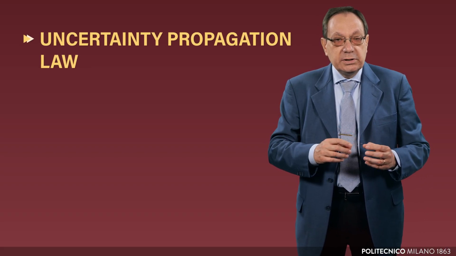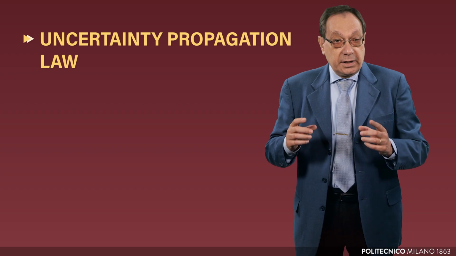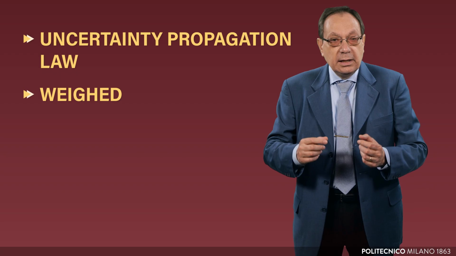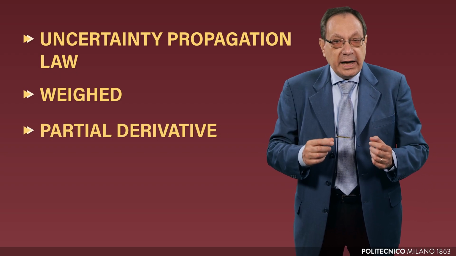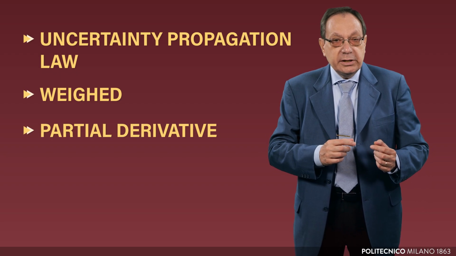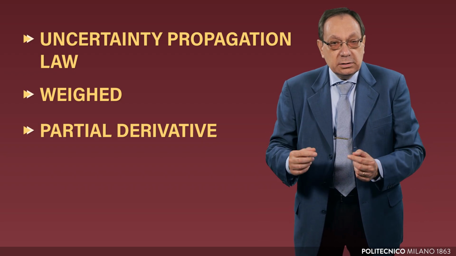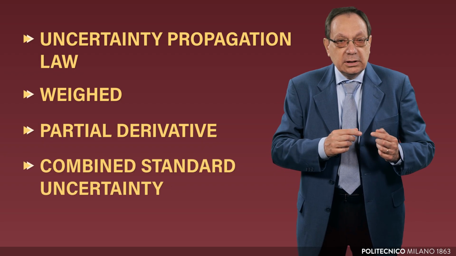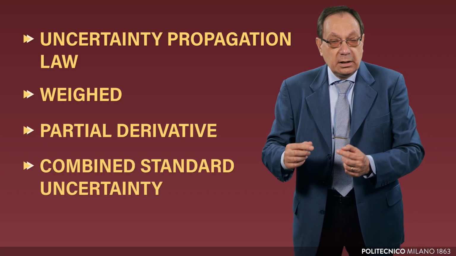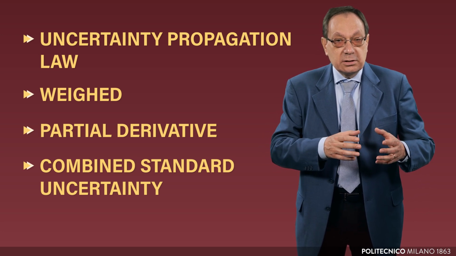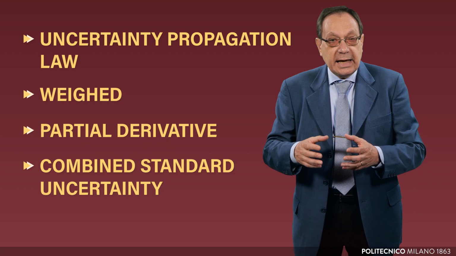the measurement result. This last point is important and refers to the uncertainty propagation law that we saw in a previous lesson. If you remember, the uncertainty associated with each input quantity is weighted by the partial derivative of the function that links the quantity to be measured to those actually measured, and the product of the weight and the uncertainty provides the contribution to the combined standard uncertainty. The greater this contribution, the more effort must be made to reduce the uncertainty by choosing suitable standards for the